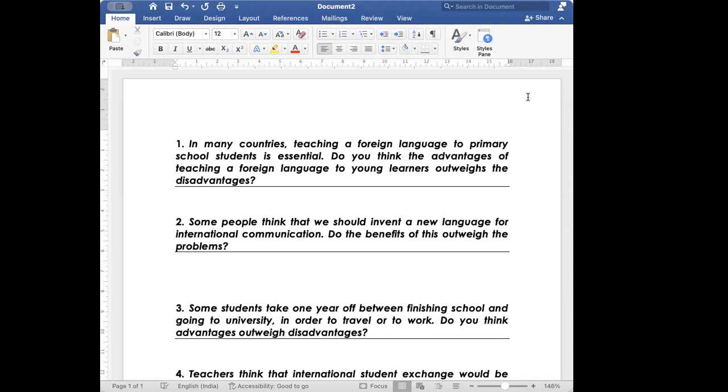Yes, ma'am. Then for the second point, you can say that it will be much easier for any pre-existing language like English to be made the global language, because it is already spoken in 86 countries and English has many borrowed words from other languages. So many people feel a bond with English and they like to learn it. So you can say that instead of inventing a new language, one pre-existing language which is spoken all over the world can be a better alternative to have one international language.